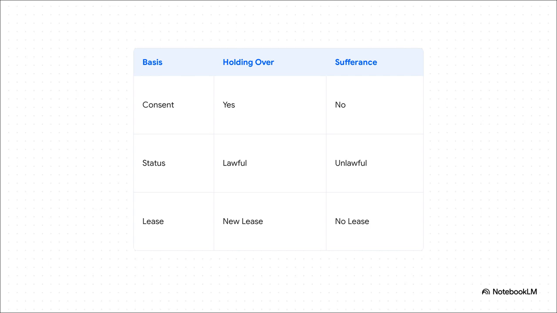Now listen, evaluators have hundreds of scripts to correct. When they flip the page and see a neatly drawn table that instantly distinguishes a lawful tenant holding over from an unlawful occupant at sufferance, it practically guarantees a higher band of marks. It proves your analytical rigor at a single glance.